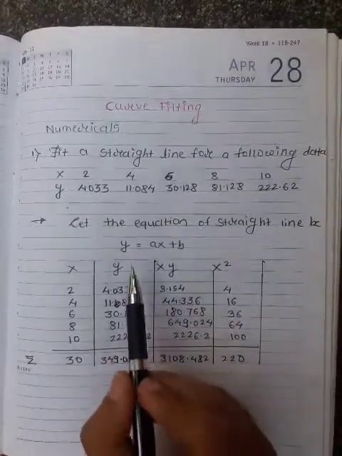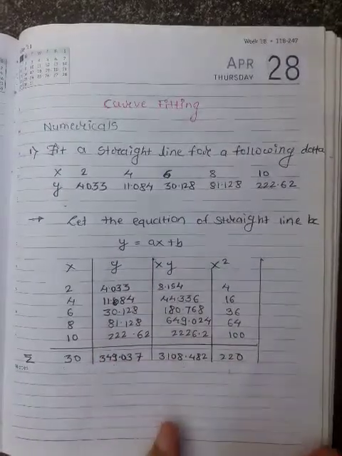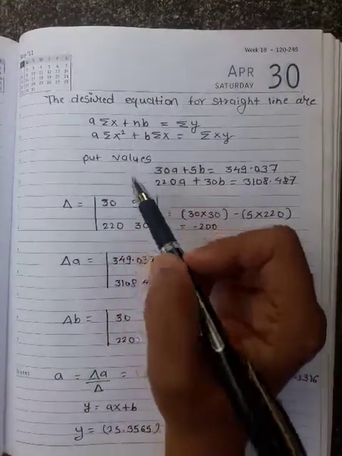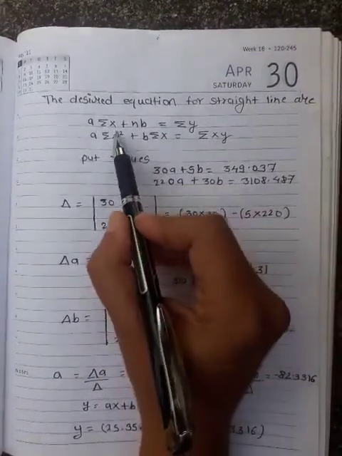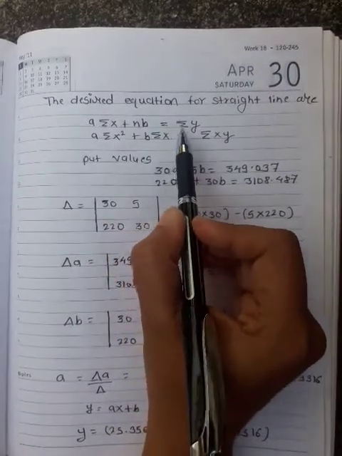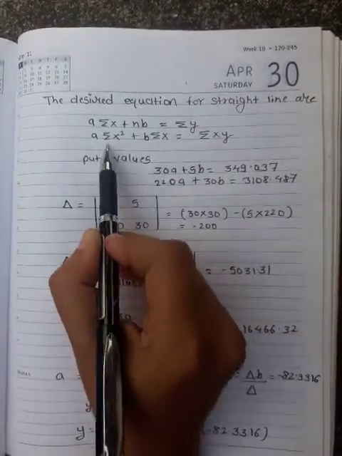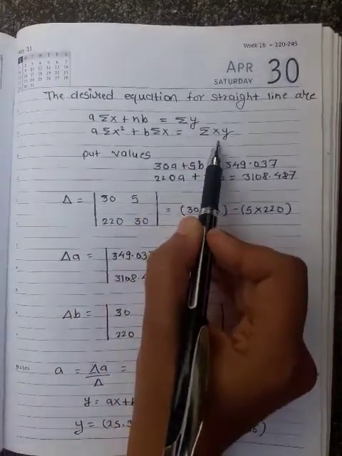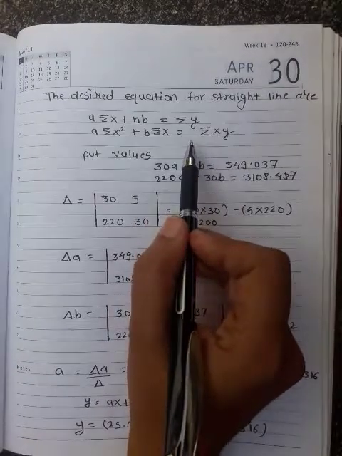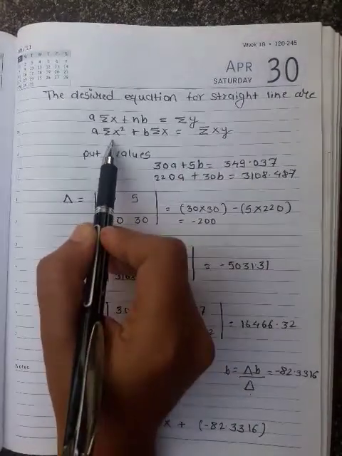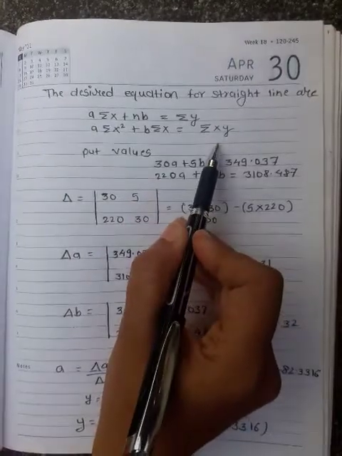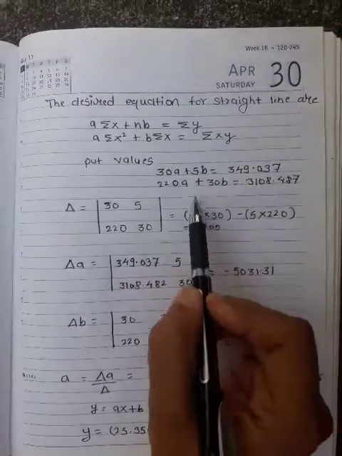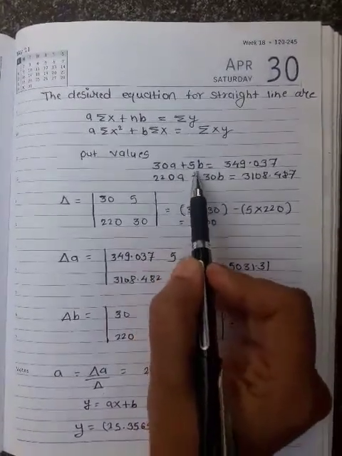So you know the equation for the straight line: y is equal to ax plus b. These are also two equations for the straight line, that is a summation x plus nb is equal to summation y, and a summation x square plus b summation x is equal to summation xy. So in these two equations you have to enter the value of summation x, summation x square, summation y and summation xy. So after putting all the values from this table, the equation will be like 30a plus 5b is equal to